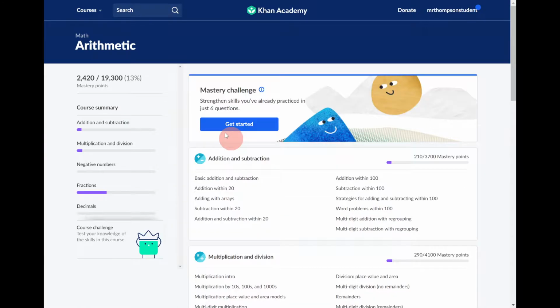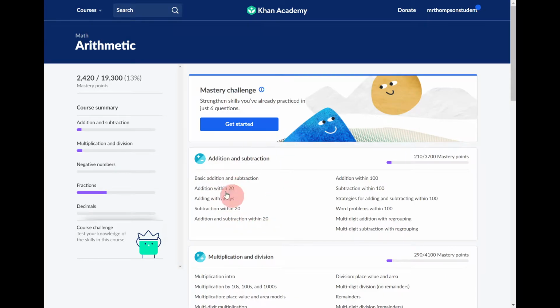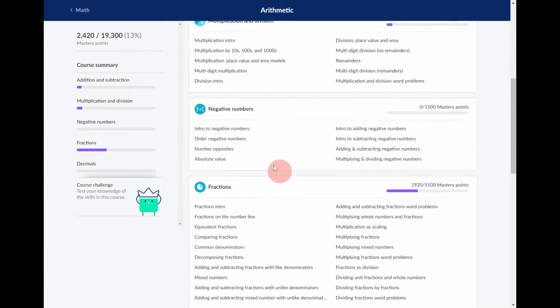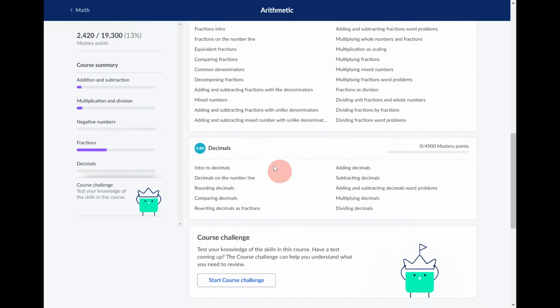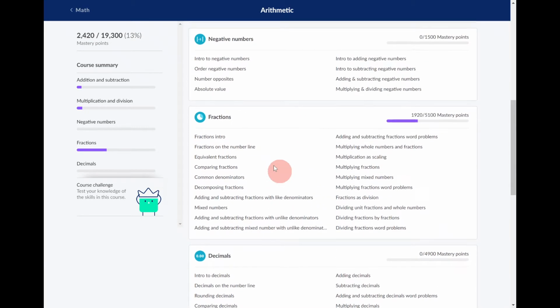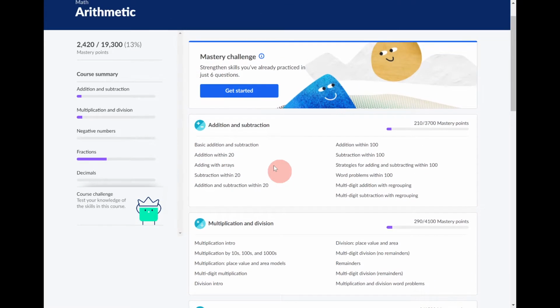you'll actually see all of the content. Just skip the course challenge for now, please. We don't need to do that. You'll see all the content here that we are going to be going through this week. And it looks like a lot, but there are some things that I'm leaving out, and there's some things that we're skipping. We are going to be revisiting a lot of this content later on in the course, so don't feel too overwhelmed. But you'll notice that on the side here,